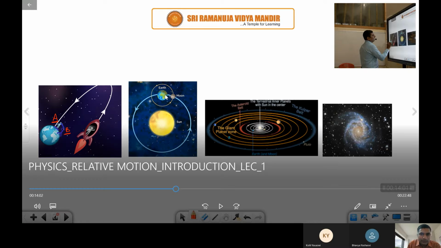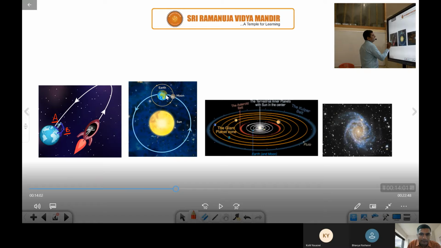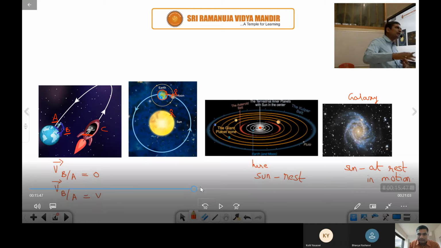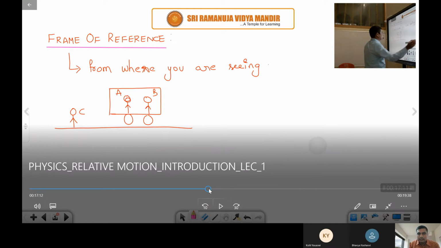Suppose we take the earth. With respect to any object on earth, earth is at rest. But with respect to sun, earth is in motion. In the same way, with respect to moon, earth is in motion. Like that, everything is relative. There is no absolute rest here. If you go beyond this, in the solar system, around the sun, Earth is moving. We may think that Earth is at rest, but when you go to sun, Earth is moving. Now you may think that sun is at rest, but if you go to galaxy, sun itself is also moving. There are so many suns. So everywhere, rest and motion are relative terms. You cannot say they are at absolute rest or absolute motion.